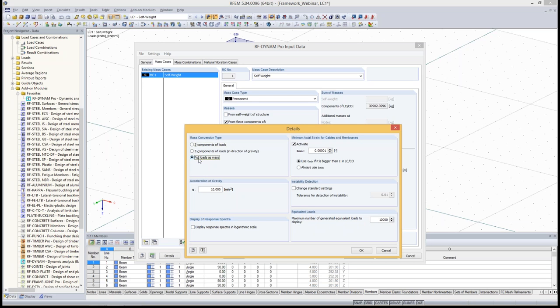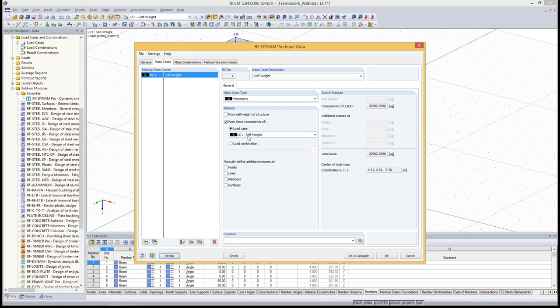You can also use the option full loads as mass. For example, if you have loads only in X direction defined and you still want to import them as masses, the only way to import them is to use the third option down here. So we are happy with the top option because our loads are showing in the Z direction. Here you can change the acceleration of gravity. Obviously, this is required to convert from loads to masses. Okay,